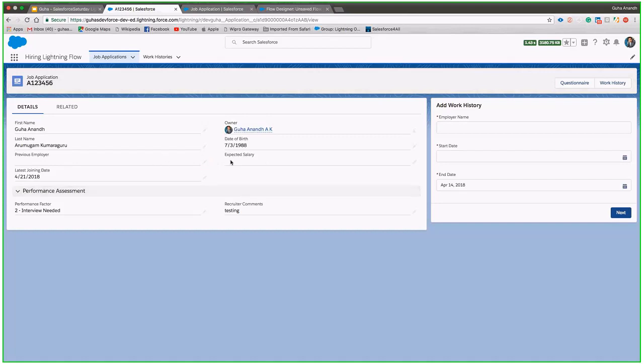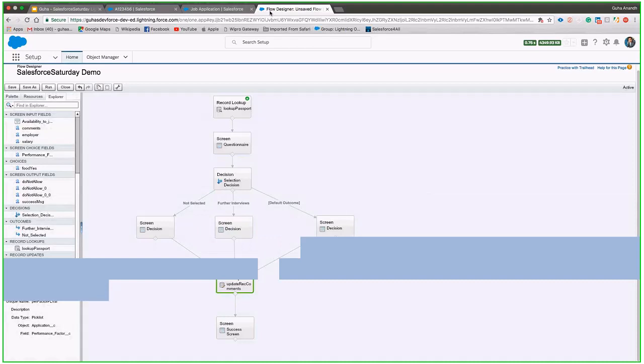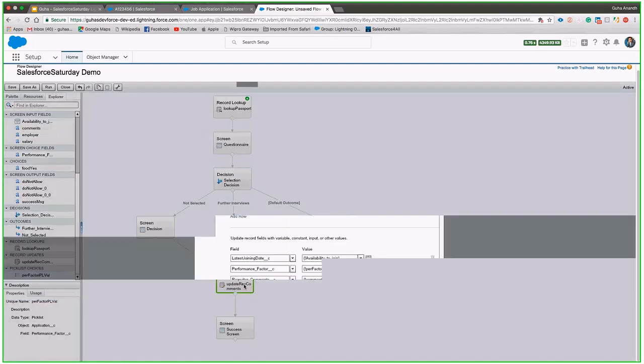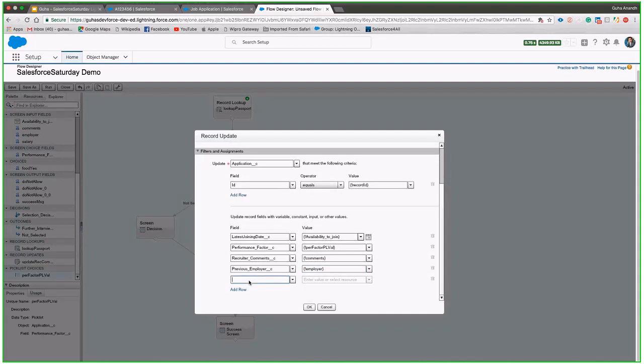I didn't map it. I didn't have time to finish that mapping. I can show you how to map those fields as well. I can quickly do that. We will be selecting previous employer, and we will be going to this variable. No, not the variable. You're getting the value from the screen, so you need to use a screen input field. What is the field we have to fill in? The employer field. And then again, expected salary. So we are choosing the salary field, and we are going to